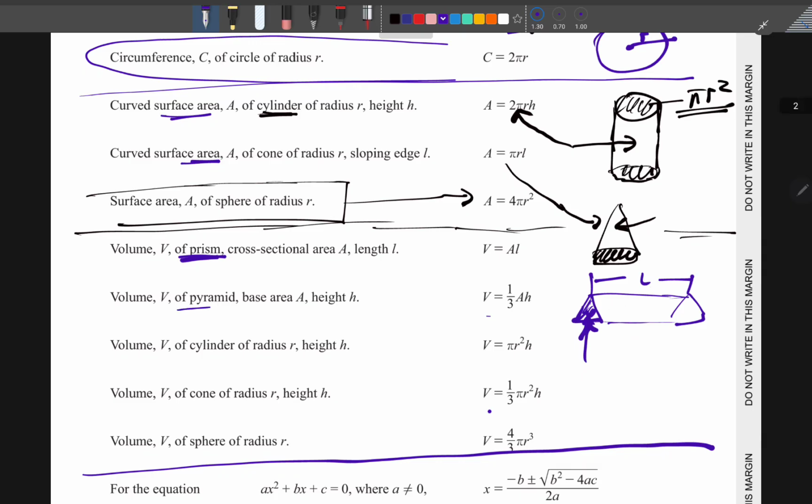That's what they're saying. Then for a pyramid, it is 1/3 of the area of the base. This A is the area of the base, because a pyramid is going to have a square at the bottom. This is going to be your pyramid. So you get the area of the base, which I'm shading here, at the bottom. Then you multiply by the height, and the height is the straight line distance to the top. This is going to be the height, not the slanted one. No, the straight one. That's how you get the volume of a pyramid.